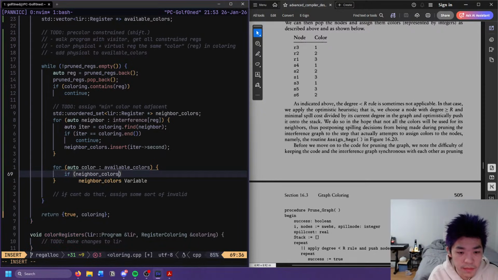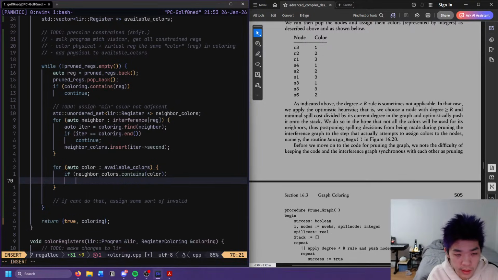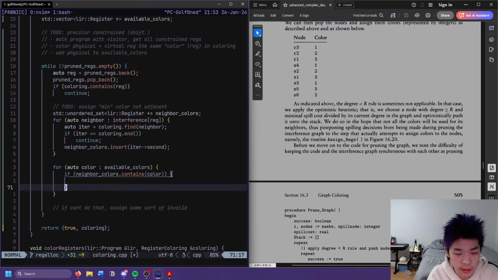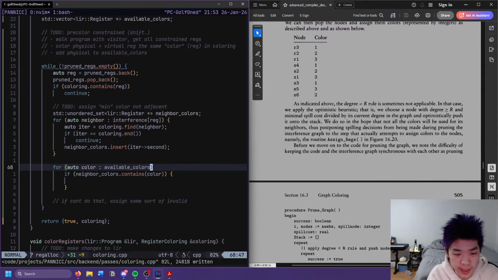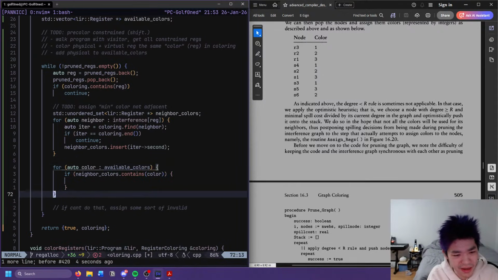So this has color, then, oh, this is where the braces come in. I don't think we need braces there. This looks so ugly. We're keeping them there.